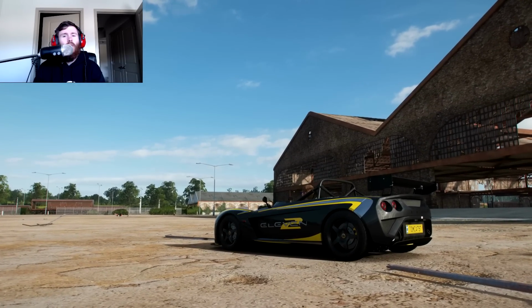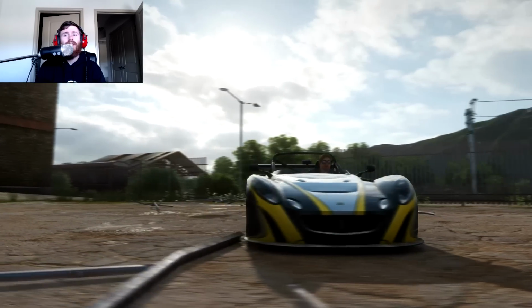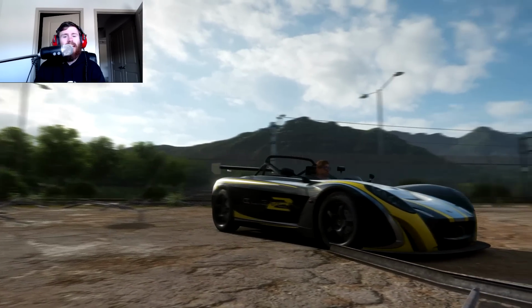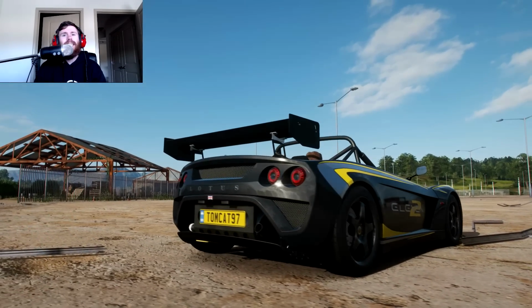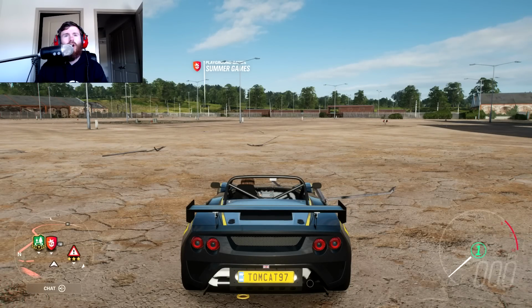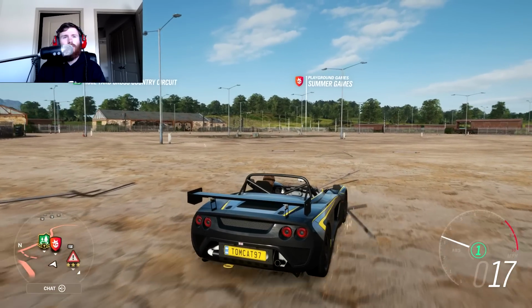Now, in this video, we are going to be checking out the Lotus 211. We're going to be checking out the customization, seeing what can be done with it. We're also going to be driving it, and I'm also going to be showing you guys how to get your hands on it. So, here in the summer season, this car is accessible through the Summer Playground Games, which is